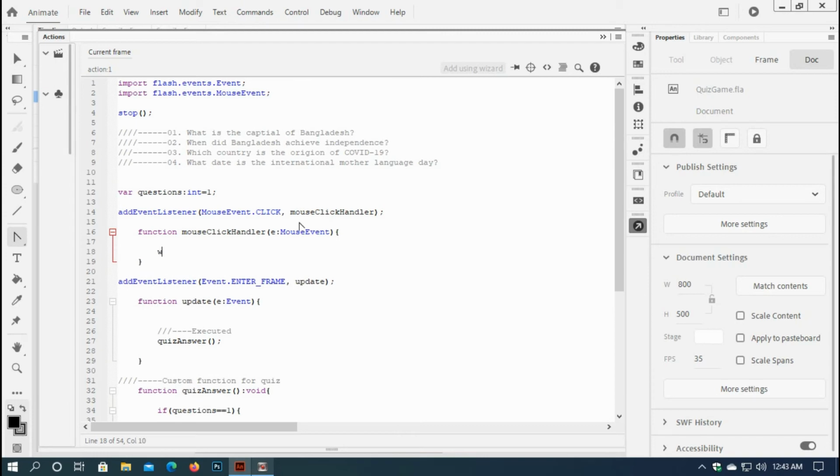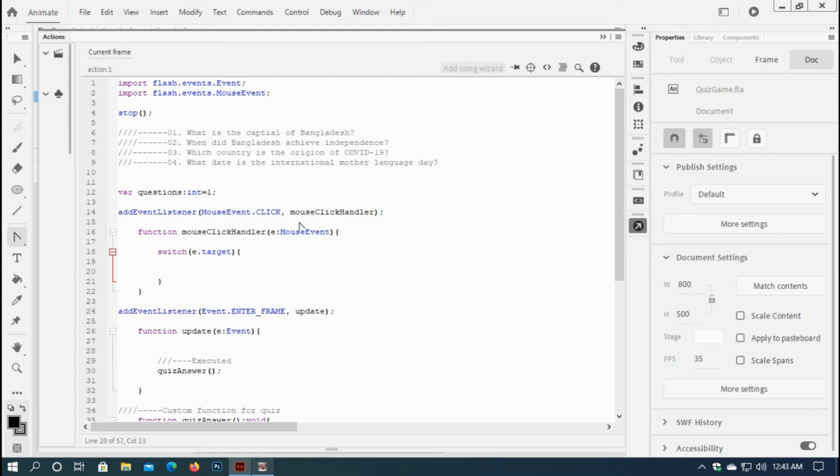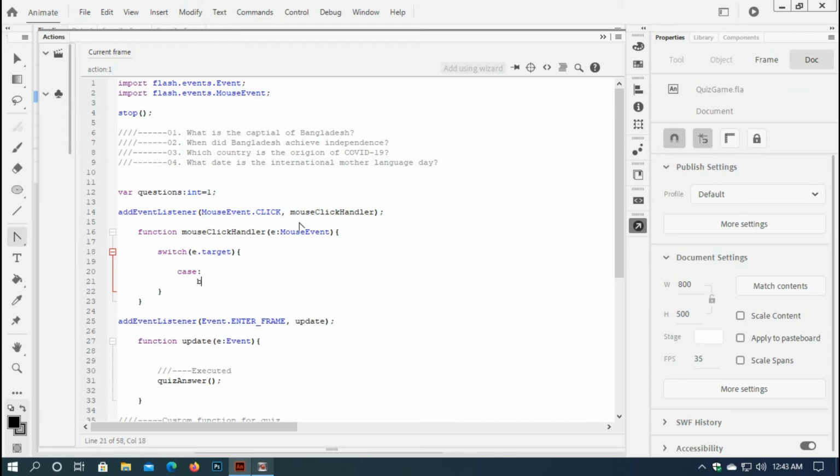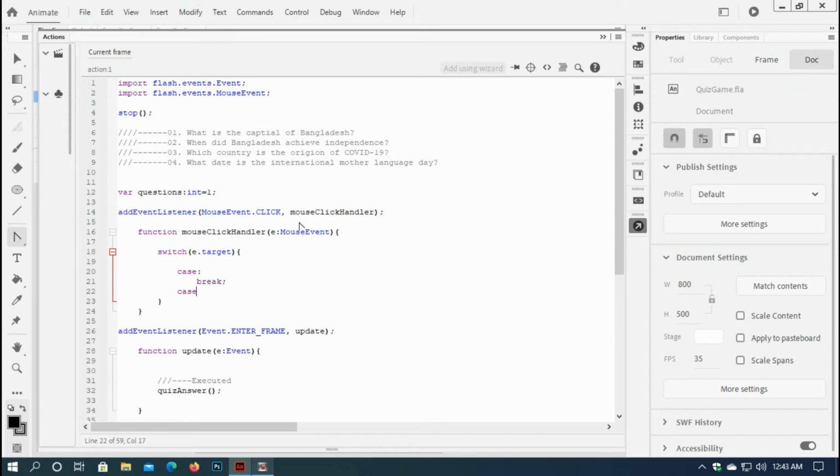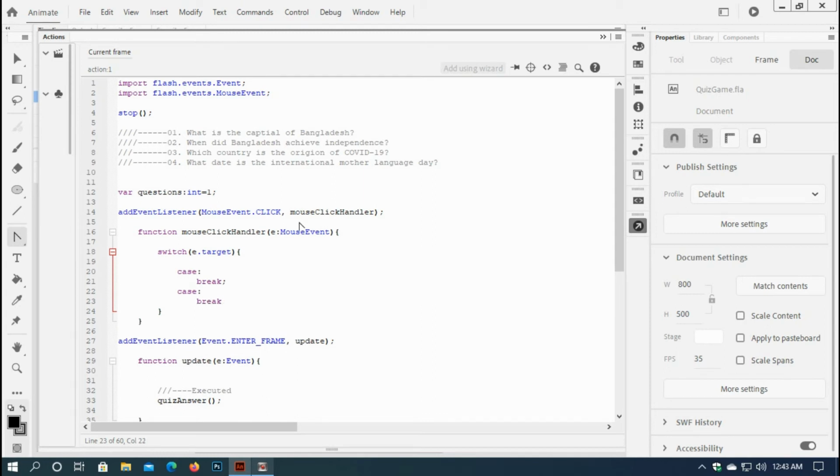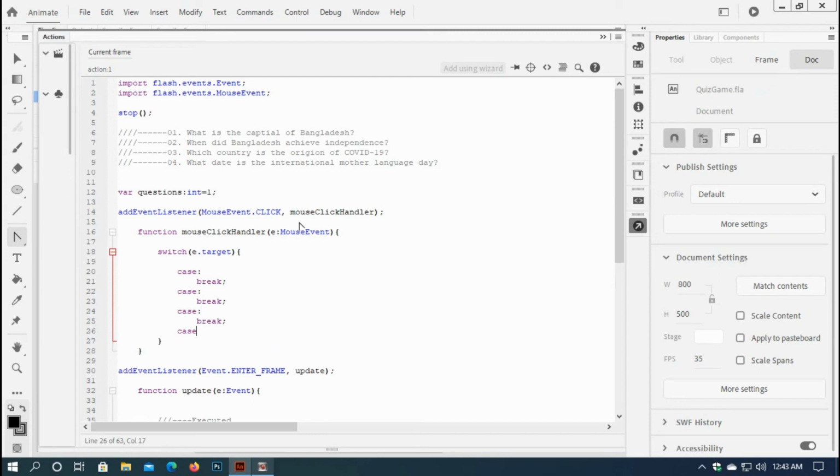and here I will use a switch statement for this. So just type switch event dot target, and then for the first question, case, break, case, break, case, break, break, and here just comment saying first question,